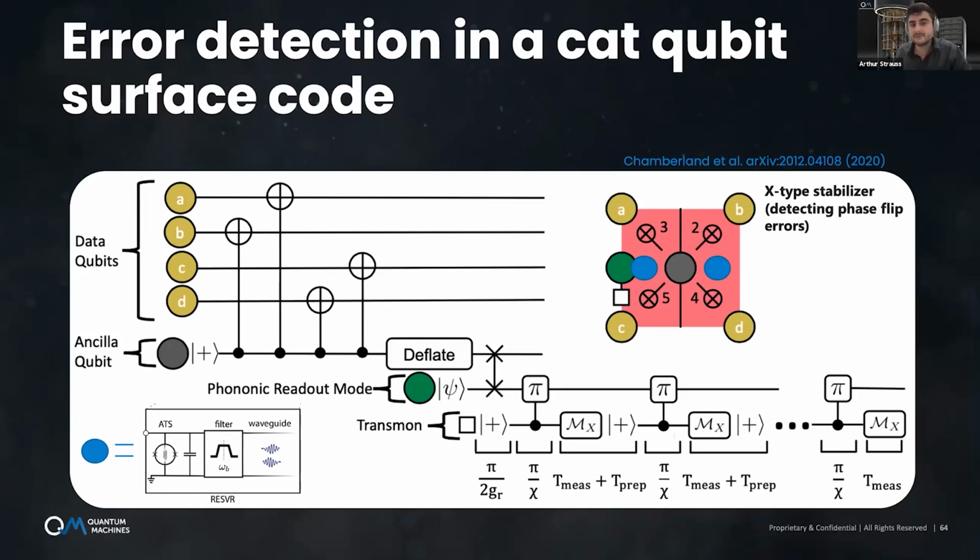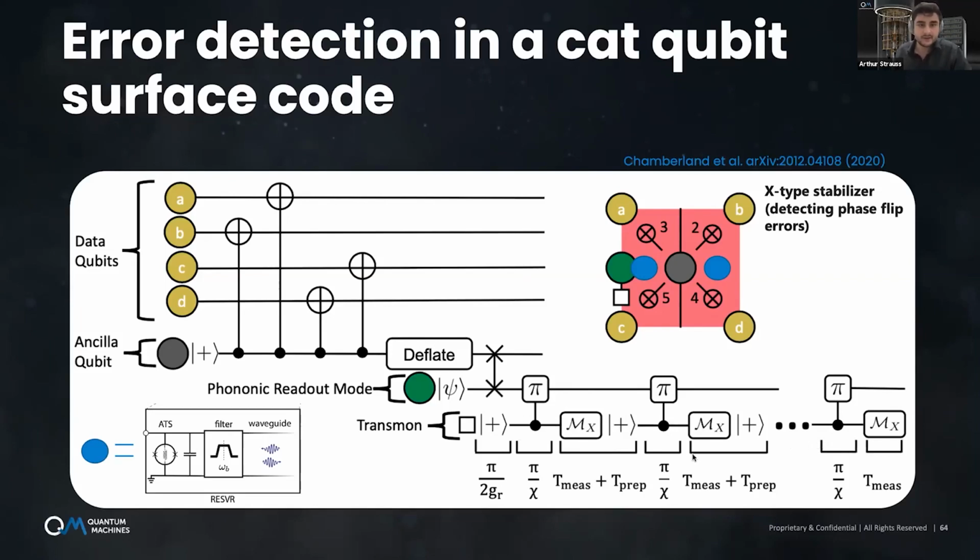As you can see, it's very similar to what I presented before. It's the same sequence of setting the pi/2 pulse, doing this conditional phase gate, which does the phase kickback, and then measuring your transmon in the Hadamard basis. So you extract, then you do active resets, and you do it over and over again. And then you acquire some kind of syndrome,